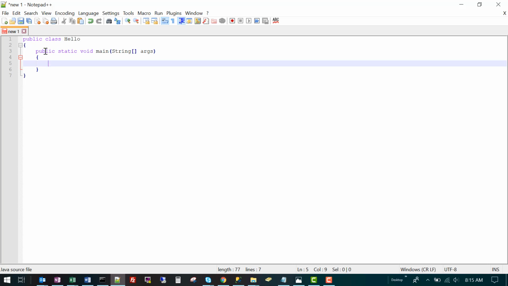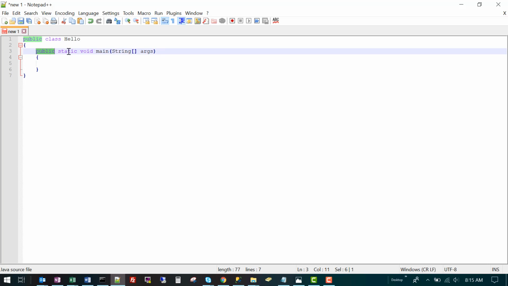Let's unpack just a little bit and briefly the elements that are in this header. We again have our access modifier, public. We have another modifier that will be discussed in great detail near the end of this semester, static.